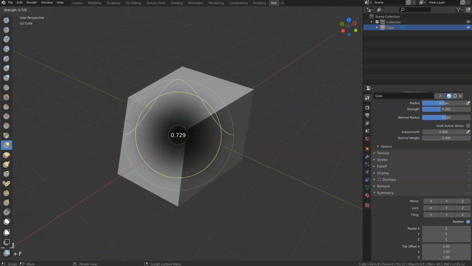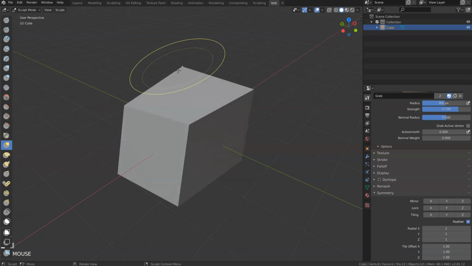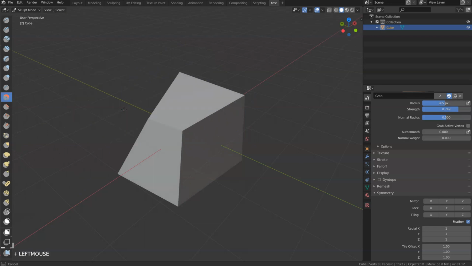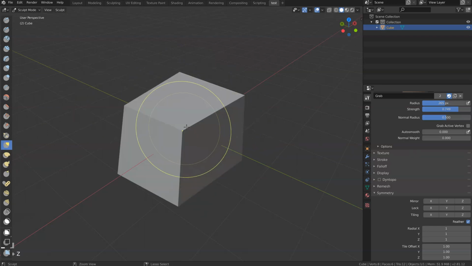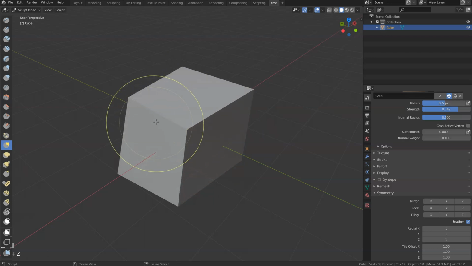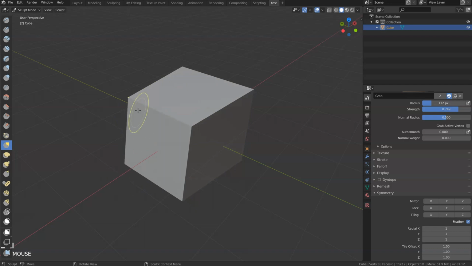So F, Shift F, let's do this. Bam, bam, bam. And you can use the tools from the sculpt, shift to smooth your object, etc. So I use it a lot, and this is very useful. In fact, it was because of this that I came to Blender for the modeling part, and this is pretty nice.